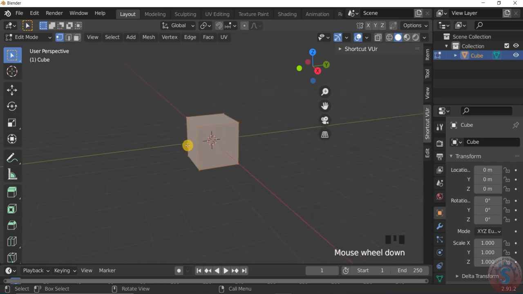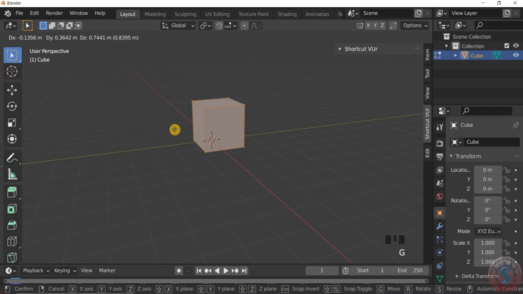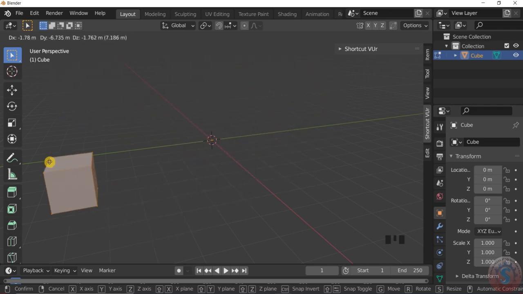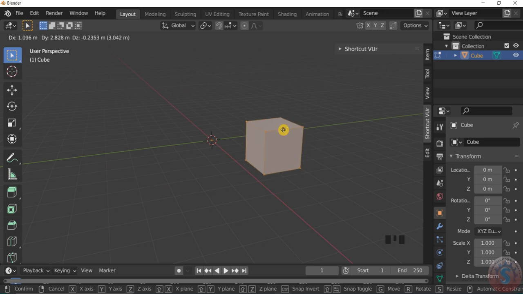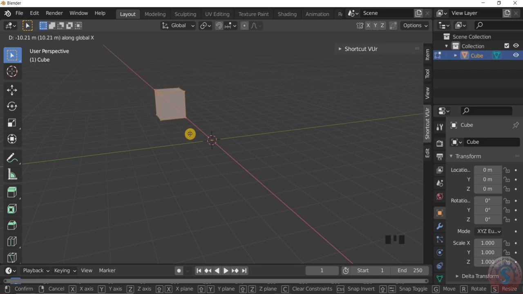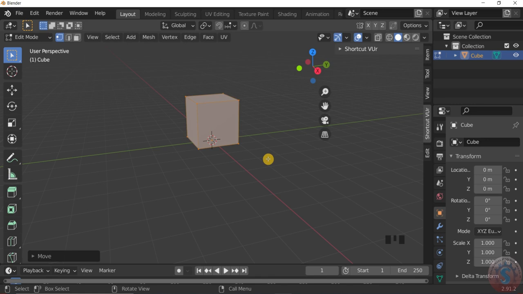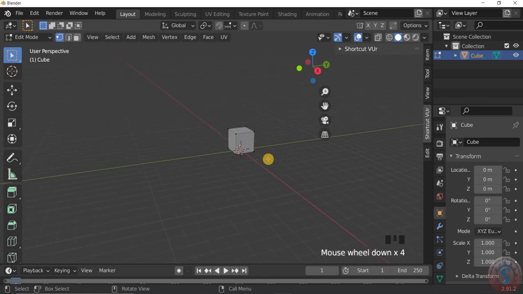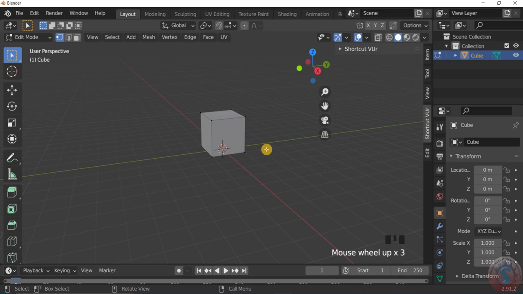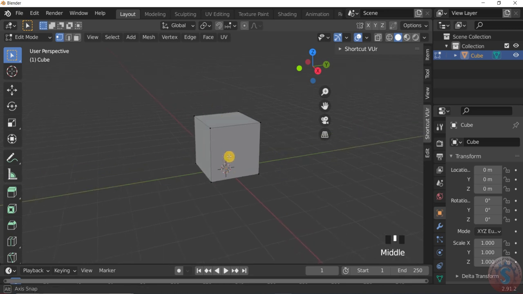You can observe all the vertices are selected here. By pressing the G key, it will move. You can adjust the cube to any position by pressing the X key, the Y key, or the Z key. You can also change the position by using the Control key. You can snap it exactly to the cursor by pressing G, then X or Y or Z, and then the Control key, and it can adjust.